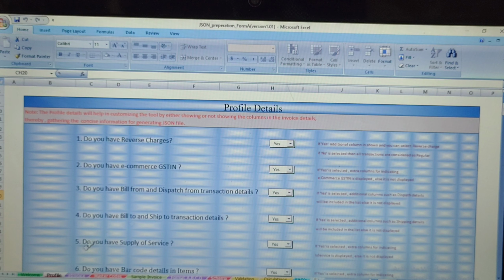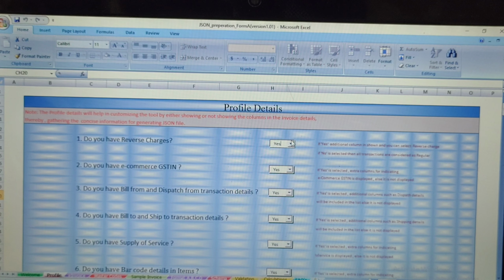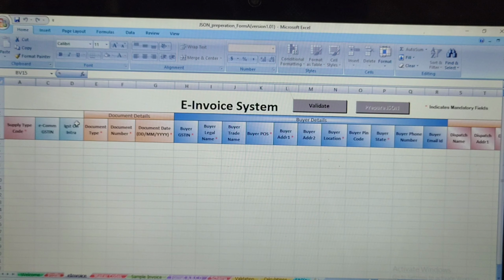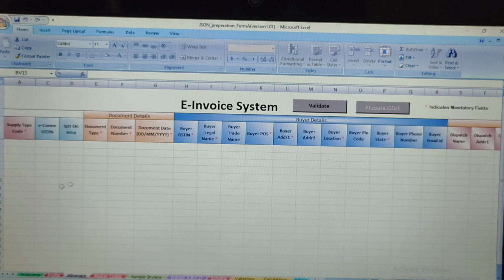If you fill yes, in the e-invoice sheet it will show reverse charge, and if you fill it as no, it won't appear in the invoice sheet. So based on these details, it will be reflected.